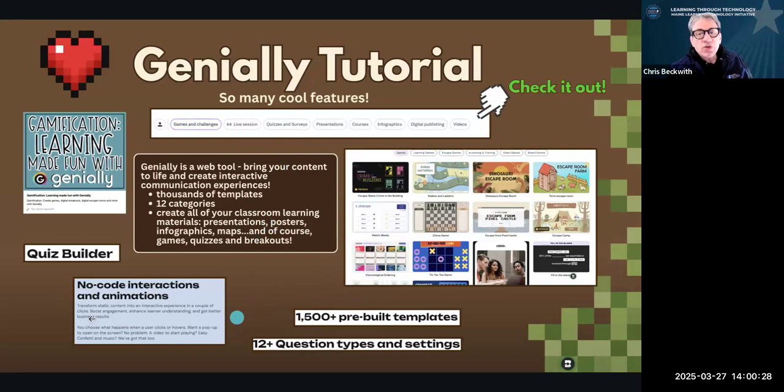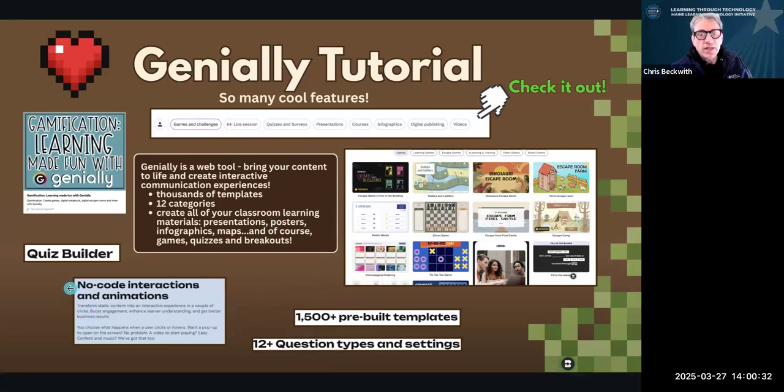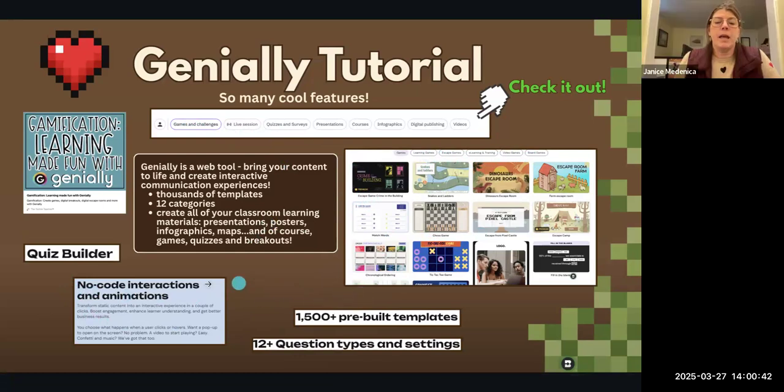These are all pre-built examples where kids could take these and customize and apply what they're learning in any content area to a game here. And all of these tools, I believe, are free as well. And what's nice about them, there's no code interactions and animations, so they don't have to code to use this either.